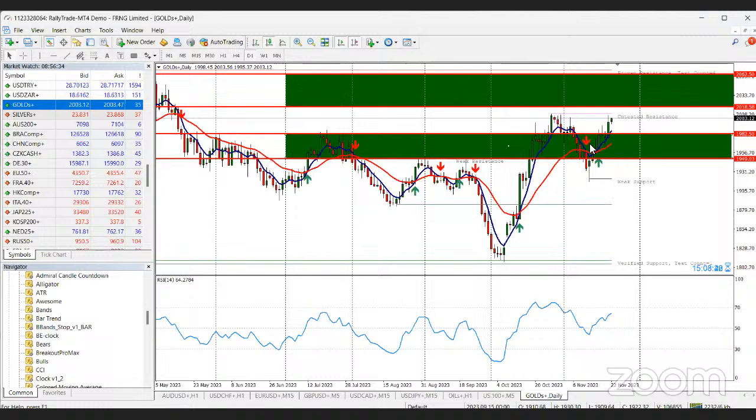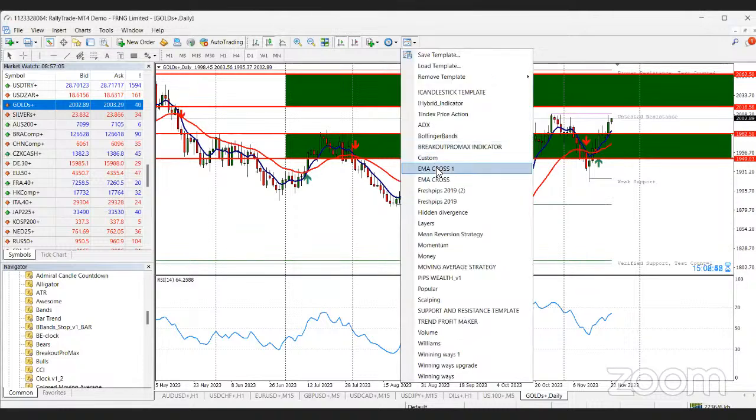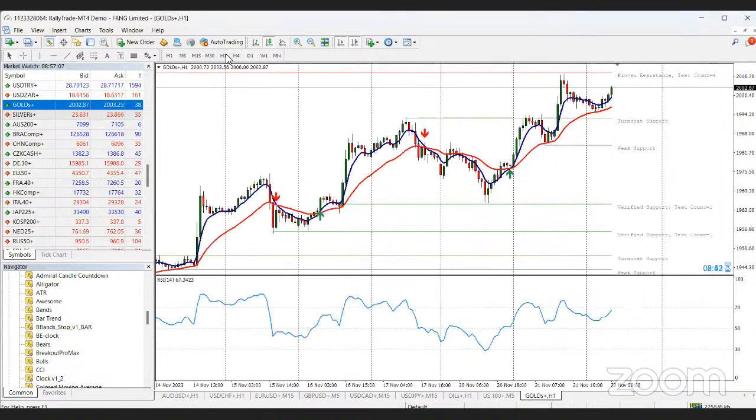For gold, again, for our sell, once price is able to enter 1982.50 and 1949.03, and our buy 2018.58 and 2062.50. Let's go straight now to our intraday traders. Let's look at it on the 1 hour time frame.